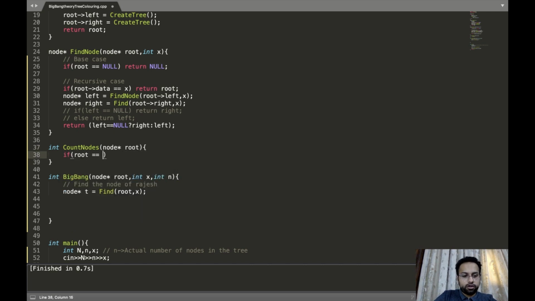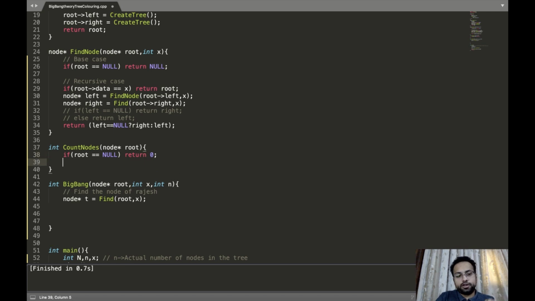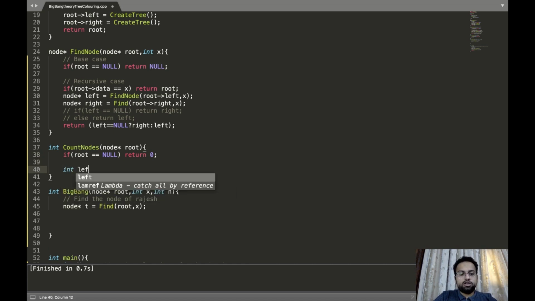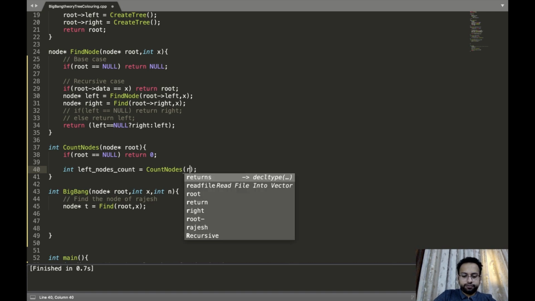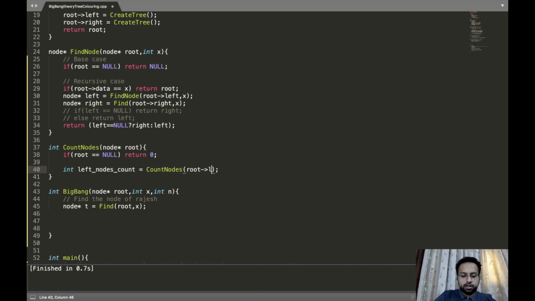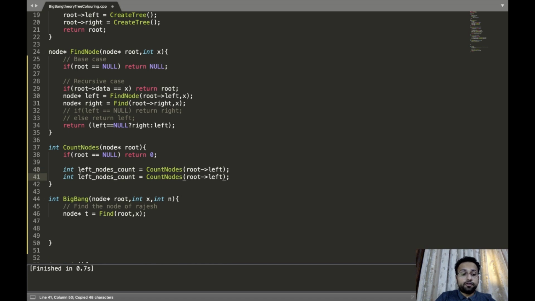If the root is equal to null, the answer is going to be 0. There are no nodes in the tree. Otherwise, we are going to ask for the number of nodes in the left subtree first. So I'll ask for the left nodes count. I'll pass it to the recursion and ask it to solve it for the left subtree. Then I'll ask it for the right subtree.